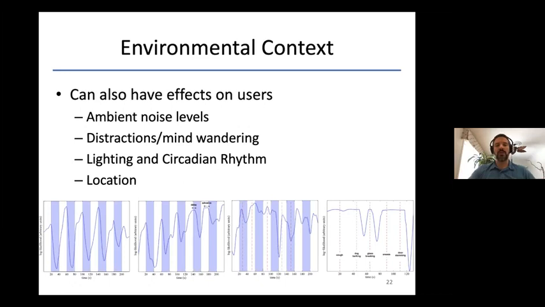So you can see in a controlled environment, you get a very nice, very perfect representation of this kind of emotional versus non-emotional states. Once you have the person do this task now in a noisy environment, you can start seeing how the distractions start affecting their performance as well. You can even add to the equation by adding distractions. So not only this constant background noise, which some people are very good at filtering out, but random distractions happening at random points in time. Here, for example, in these dashed lines, we played sounds like coughs and dog barkings and sneezing and so on to distract the person. And you can see now how messed up the signal becomes.